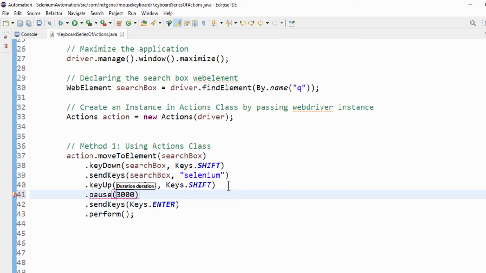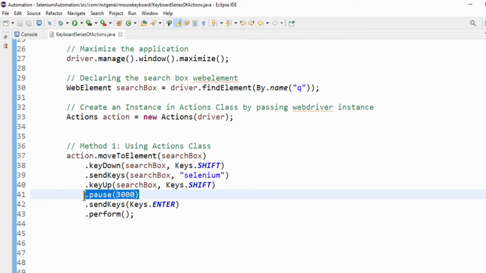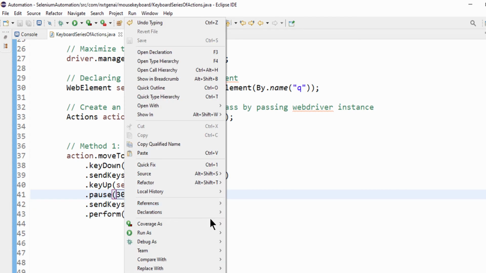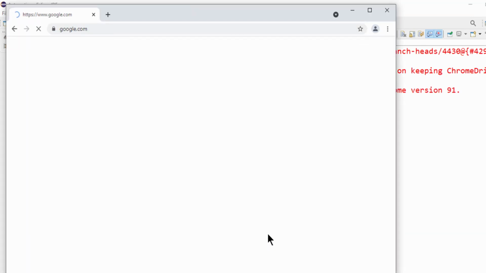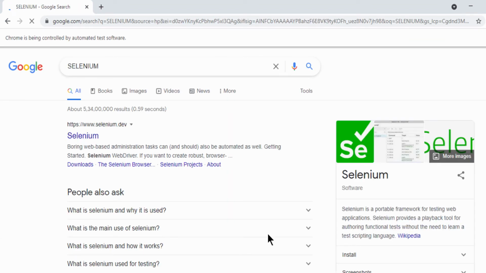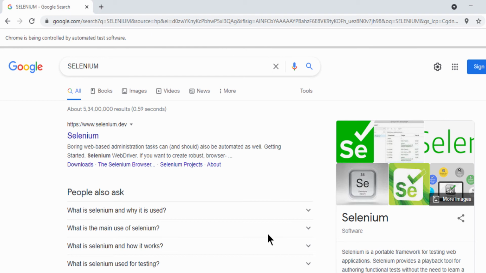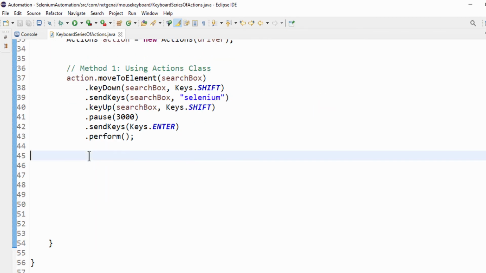You can pause for 3 seconds, that is, after entering the value it will pause for 3 seconds, then perform the Enter operation. Running it again. After 3 seconds it will press Enter. Now the output is displayed. This is the first way, by using the Actions class we can do it.